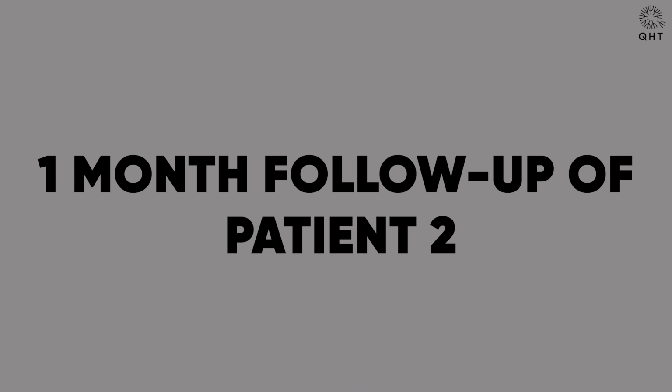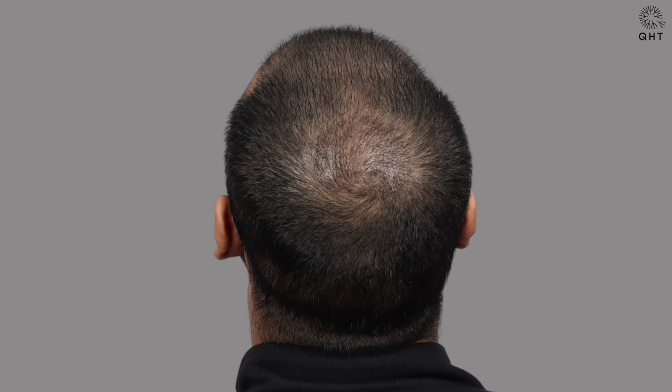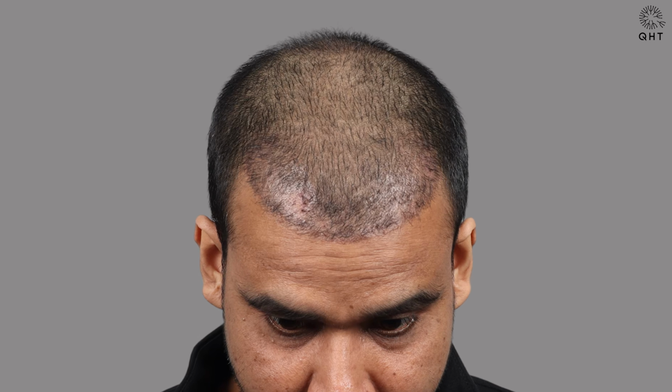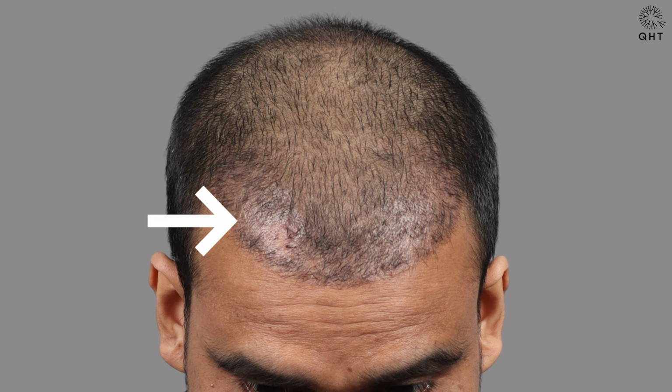1 month follow-up of patient 2. Now moving to patient 2. In his case, the hairline had also started to settle into its natural frame and even the crown area had shown early improvement. However, just like patient 1, nearly 30% of the transplanted follicles had shed, which is clearly visible